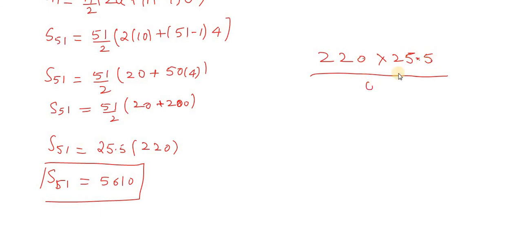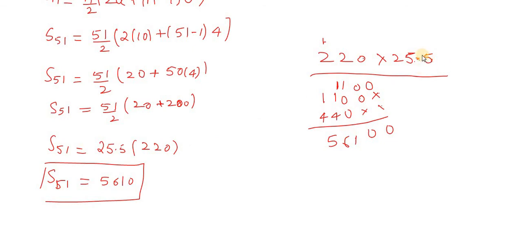So 5 into 0, 0. 5 into 2, 10, that is 1 carry. So 5 into 2, 10, that is 1, 1. So again the same thing. Then 2 twos are 4 and 2 twos are 4. Here 4 plus 1, 5. 5 plus 1, 6. Here 5 plus 1 is 6. 4 plus 1 is 5. Now here the decimal is at one point, so from the right you place the decimal one point. So you will get 5610. That's it. I hope all of you understood.